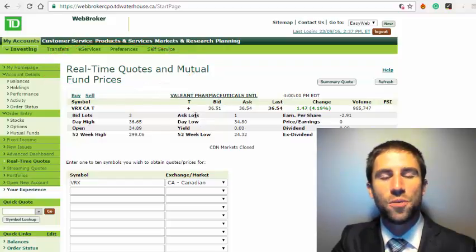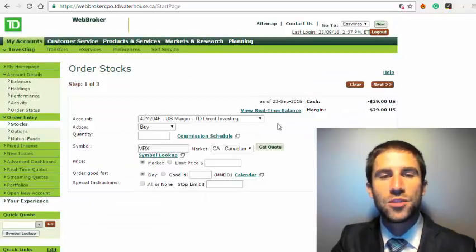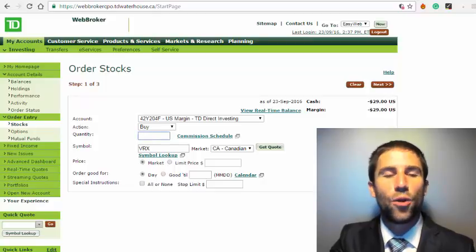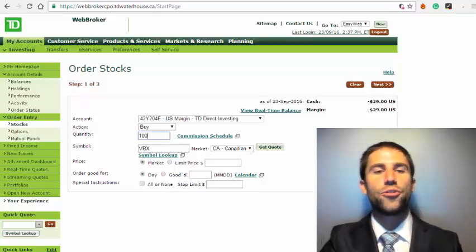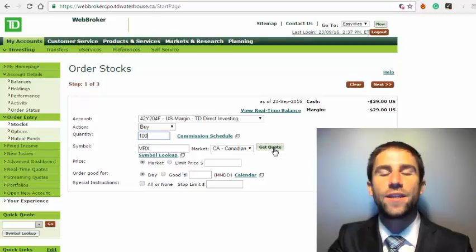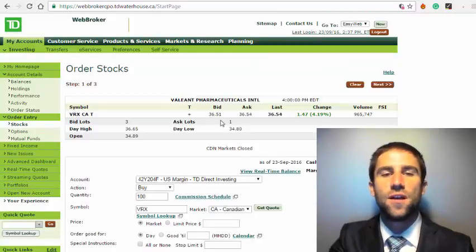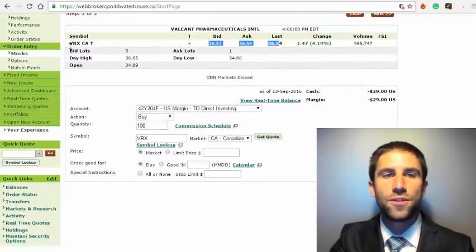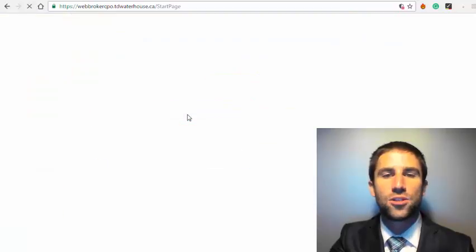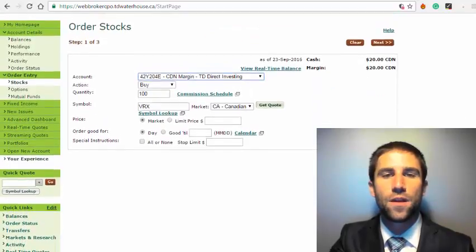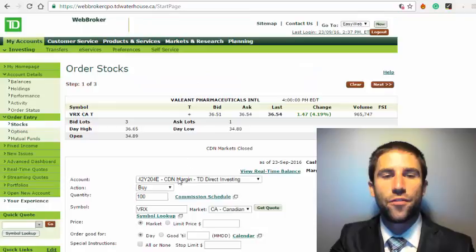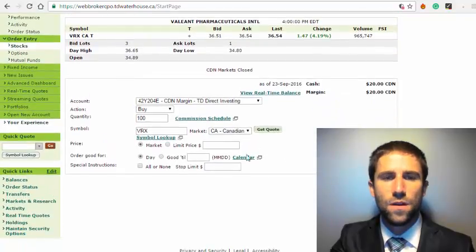Now if we were in a position to buy Valeant, we would hit on buy. Then this would give us our order screen, and basically we could dictate what we want to do. So in this case, we want to buy 100 shares of VRX. We're going to hit get quote here again, so it gives us an assumption on what the price is. I'm currently on the Canadian side, and you can see that from VRXCA over here. So I'm going to execute a trade here on the Canadian side for 100 shares, and we're going to use